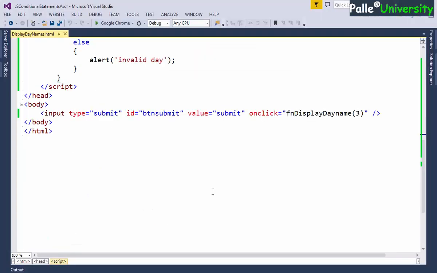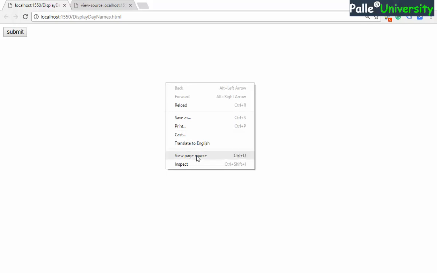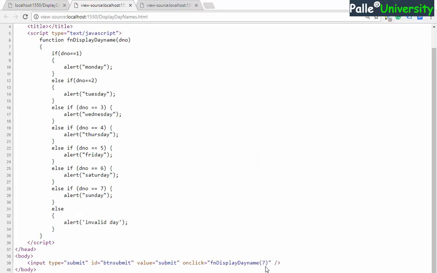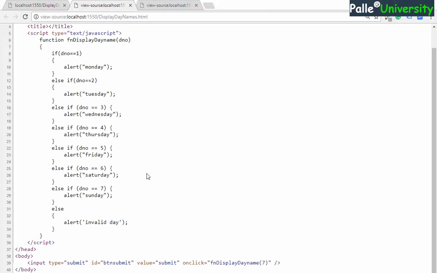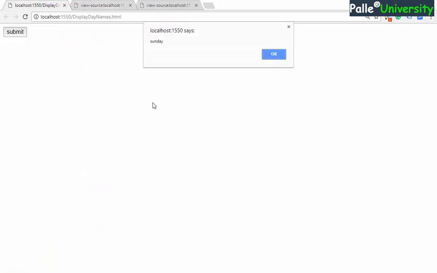In a similar way, if you want, you can change the input over here, and after that refresh the browser. The browser will get the modified content. If you want, you can check by going to view page source. You observe 7 is present over here. Now if I click on the submit button, what will be the output we will be getting? Very simple, dayNumber 7. Obviously we have to get Sunday. Let me check. Am I getting Sunday? Yes. Something like this you can verify. I believe you understood the point. This is how you will be doing the assignment.